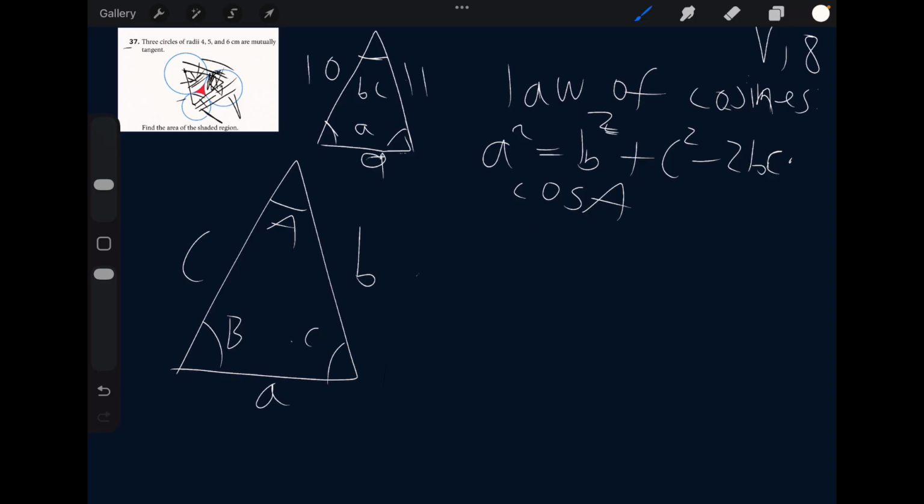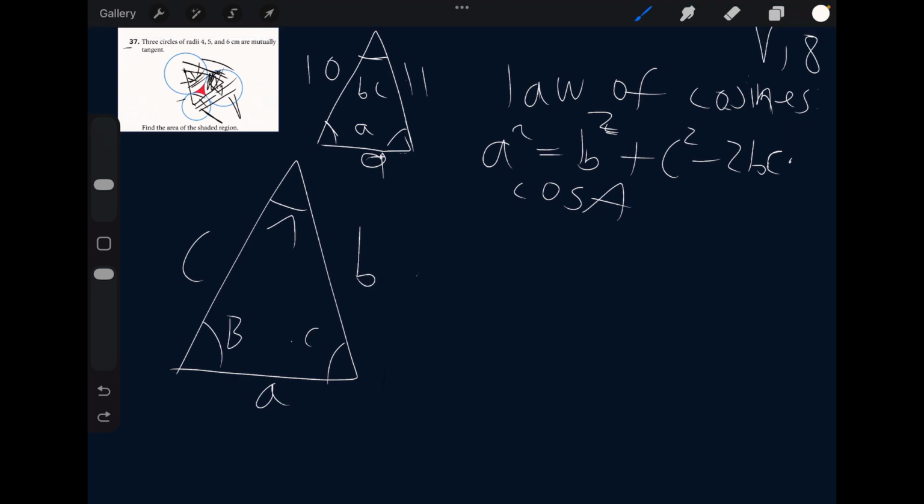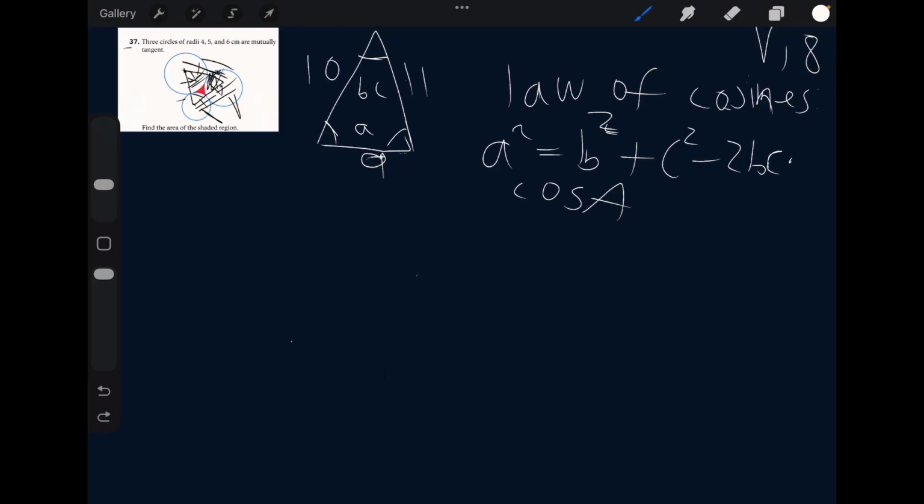So if we want to find cosine A, and we have this side, we'll just apply the law of cosines, and that will get something with the cosine of this angle right here. Okay, so now we've defined some of those things. Let's continue with the calculation, and applying that, this angle here is A, and that'll be 9 squared equals,